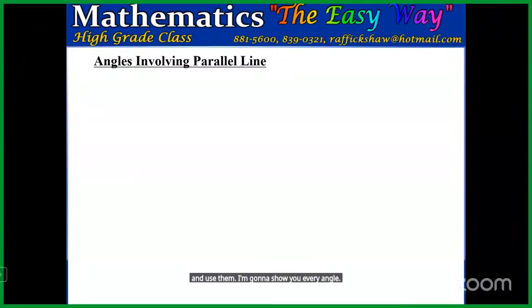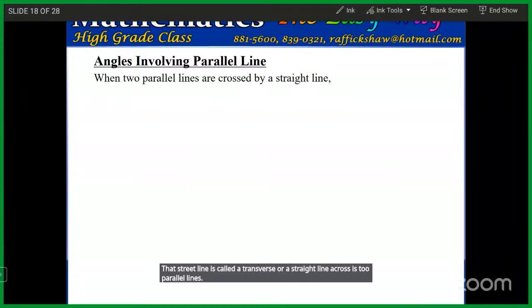There are some angles you are able to deduce, and there are certain angles that you expect to be there. First, two lines are crossed by a straight line. That straight line is called a transversal. A straight line that crosses two parallel lines is called a